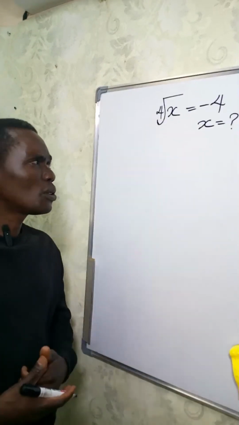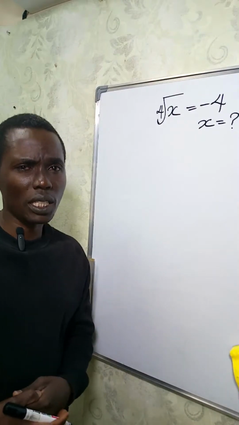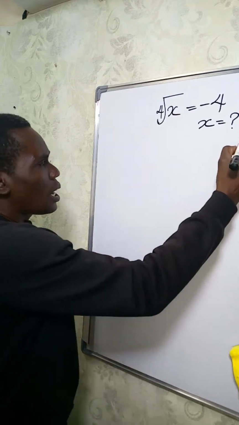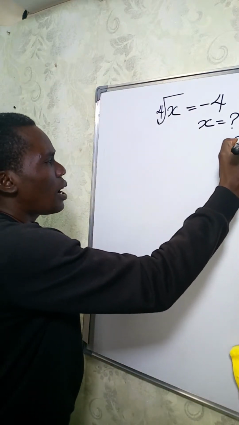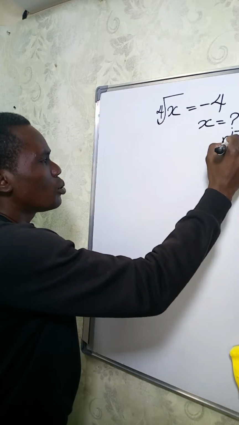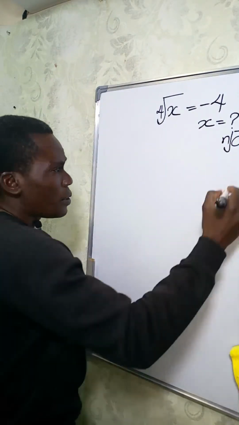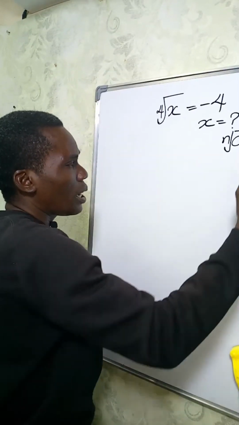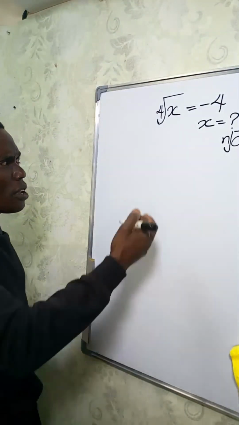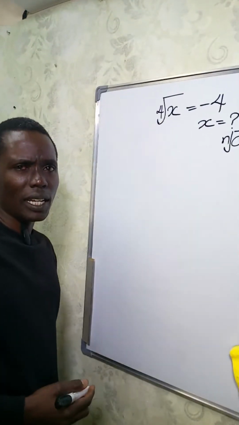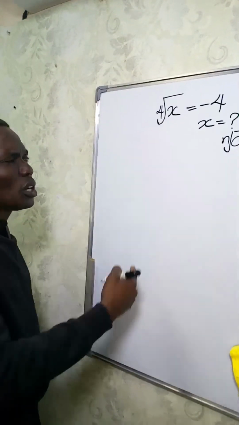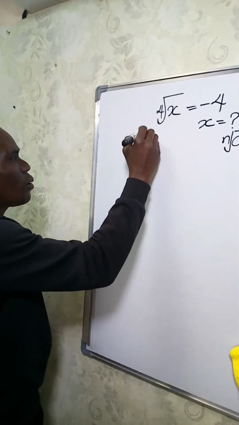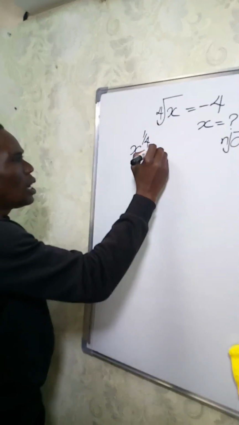We have the fourth root of x equal to -4. How do we find that? Now remember that according to the law of indices, if I have the nth root of a, this is simply going to give me a to the power of 1 divided by n, right? Good. Now, if I apply that here, it's going to reduce this expression. So from that expression, I'll have x to the power of 1 divided by 4,